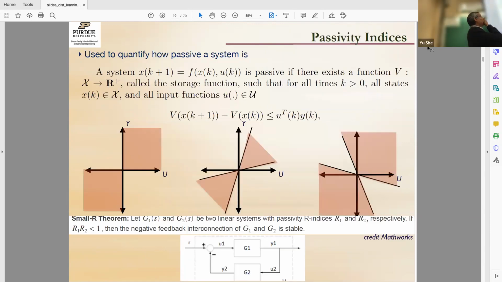And then you can take this notion about passivity indices to quantify how passive a system is. If you think about this equation, this is essentially U transpose Y. In the single input, single output case, it's somehow saying something about the system remaining in the first and the third quadrants. If a system is very passive, then you kind of take lines and say this system is very passive. This system lacks passivity. And then you can use passivity indices to compensate for lack of passivity of a plant. So it may not be passive, I design a very passive controller, and in feedback, I will be passive and hence stable. You can reason about these things using passivity indices.